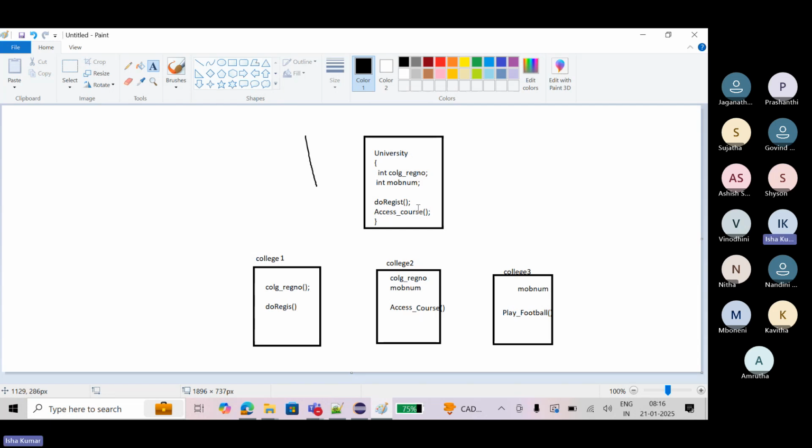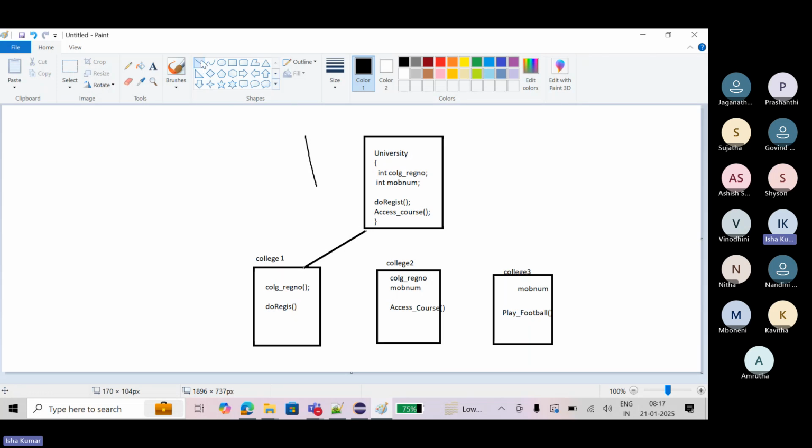Means a child can have the behavior of the father, some default behavior, as well as his own behavior also. True or not? Tell me. Yes, a child can have some common behavior of the father as well as his own extra behavior. Correct or not? Are you people understanding what I mean to say? Yeah, correct, completely agree. So that's why